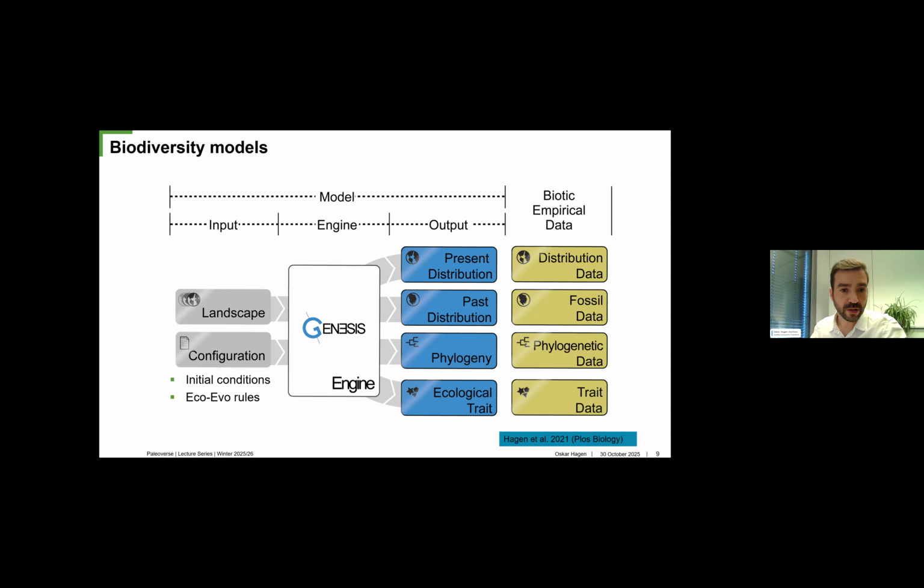These are then fed into the main engine that will compute species abundances, distributions, population divergences, phylogenies, and trait values. And this leads to multiple emergent outputs that can then be compared to empirical data. So here are just a few examples of the outputs that can be generated using gen3sis. You have present distributions, past distributions, phylogenies, ecological traits, and a multitude of further analyses that you could do combining